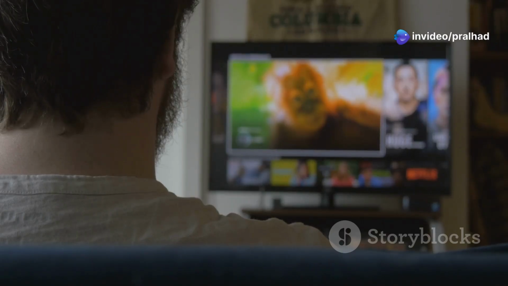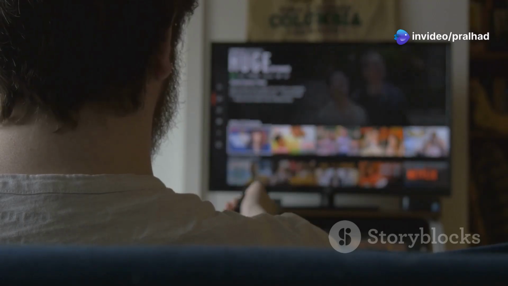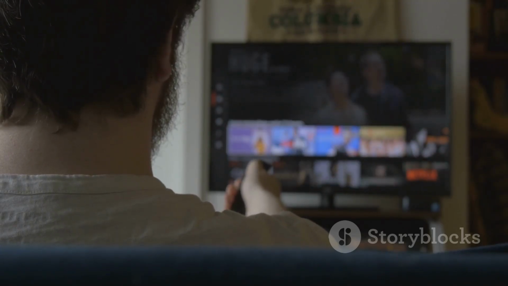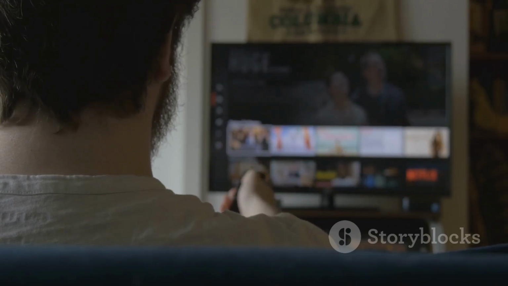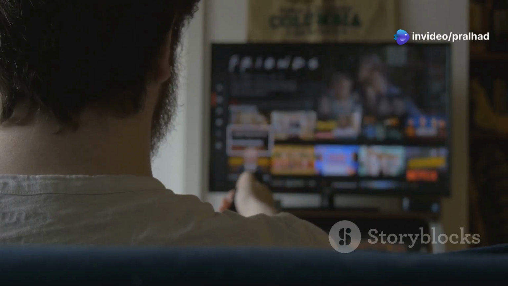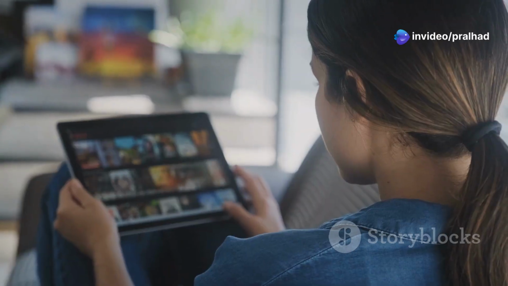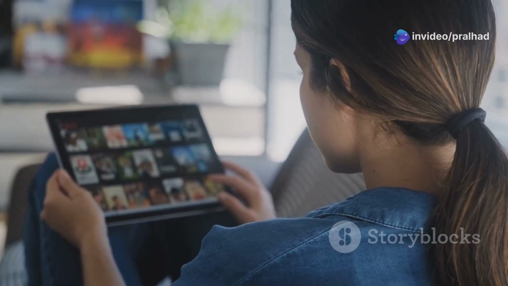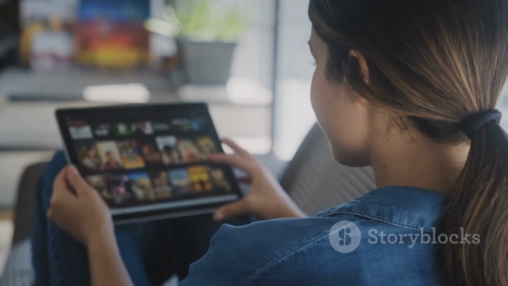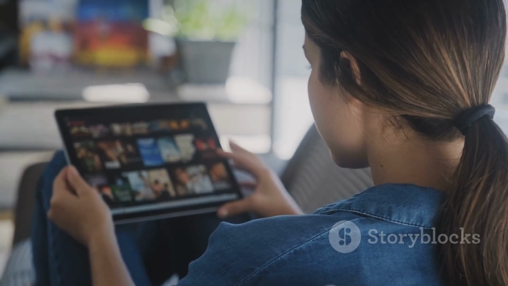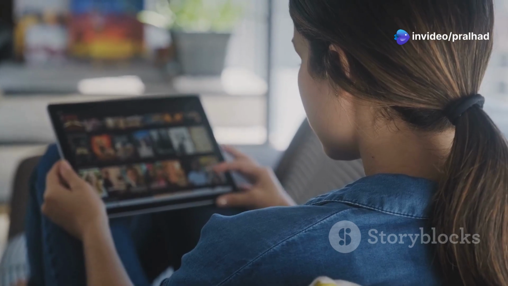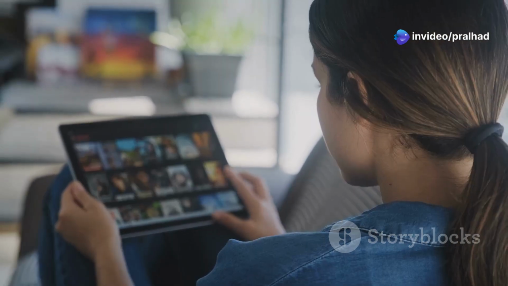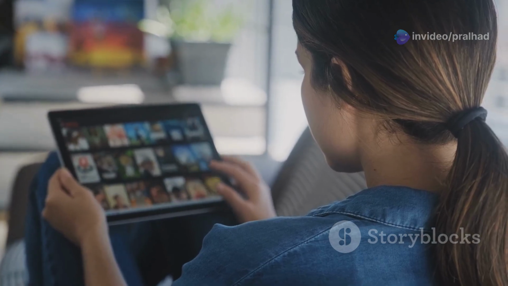Entertainment. Streaming services like Netflix and Spotify use ML algorithms to recommend movies, TV shows, and music you might enjoy. These recommendations are based on your viewing and listening habits, making it easier for you to discover new content that aligns with your preferences. These algorithms analyze your viewing and listening history to suggest content that matches your tastes. By understanding your preferences, AI can create a more personalized and enjoyable entertainment experience. This not only keeps users engaged, but also helps streaming services retain their customer base by continually offering relevant and interesting content.